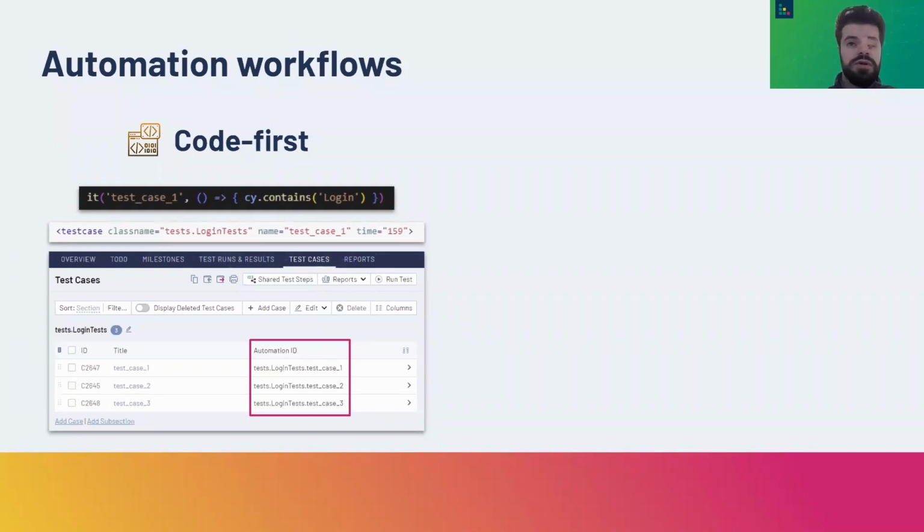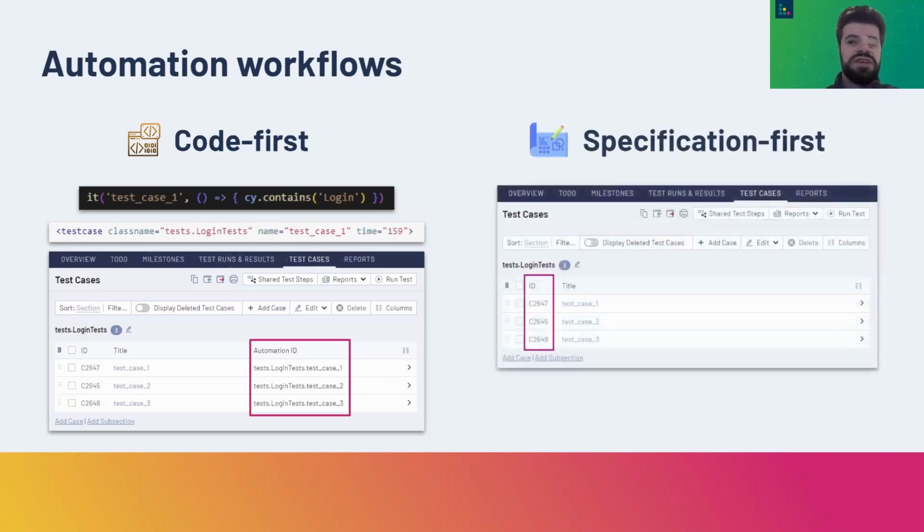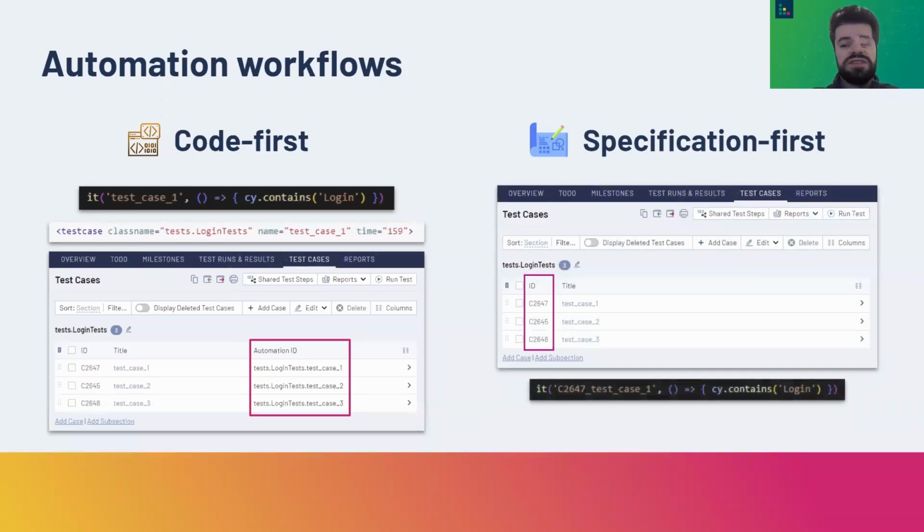So we now also support a specification-first approach, where you have your test cases in TestRail and you have their IDs. And when you write your test cases in your test automation suite, you can just add the case ID in the name or in a property, and it automatically maps those results to the right test cases that already exist in TestRail. So it won't create these new test cases. And how it does this is it reads the ID from the name in the test case from the